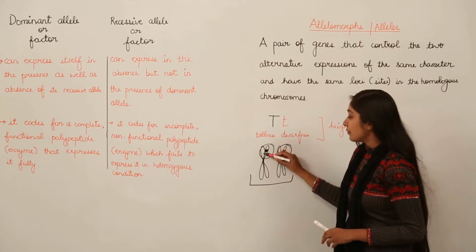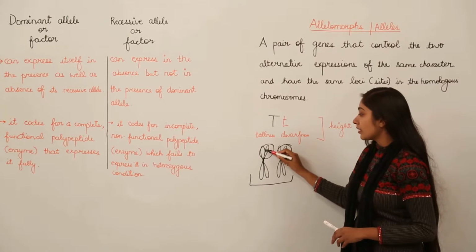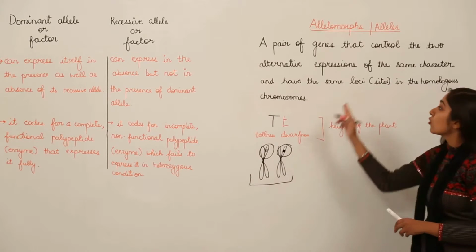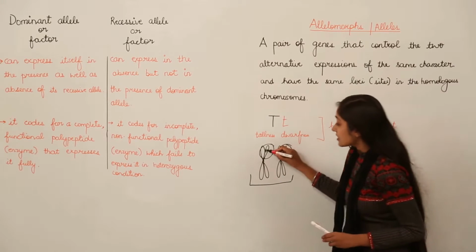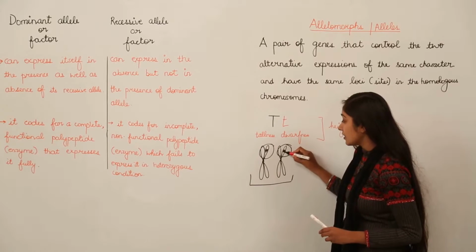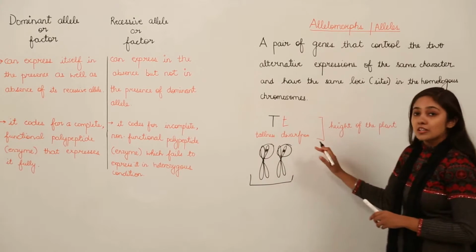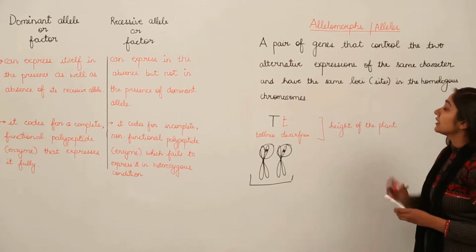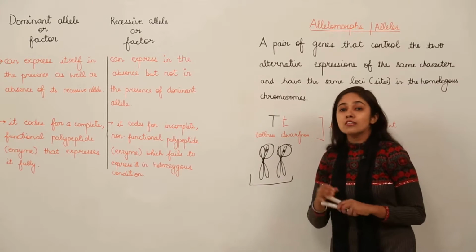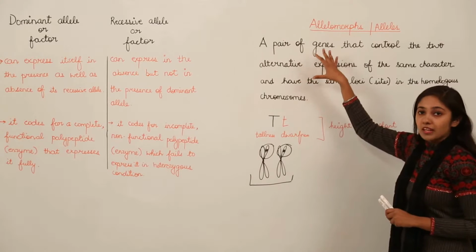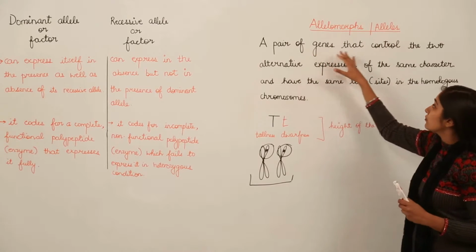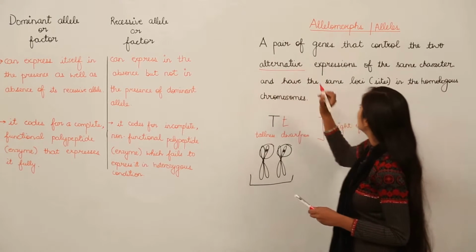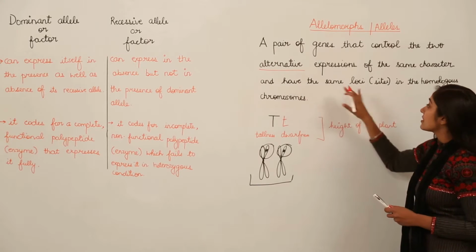Means if the gene present on this chromosome is at the same site, at the same locus on this chromosome, so this pair of chromosomes is known as homologous chromosomes. Why? Because the site of the presence of this gene and this gene which are encoding for the same character is same. So this pair of chromosomes is known as homologous chromosomes. Now this was the definition which was used earlier. Okay. Allelomorphs or alleles are a pair of genes that control the two alternative expressions. Now remember the word, that is alternative expressions of the same character and have the same loci or sites in